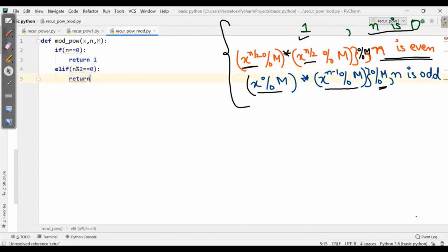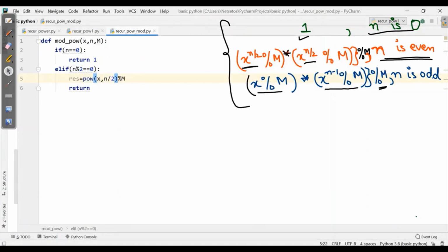It will return, but before that I need to write an expression which will be stored in result, res is equal to power of x and n by 2, which will be represented by po, and here it will be mod m.